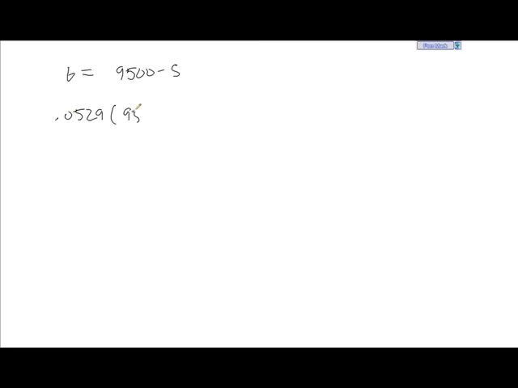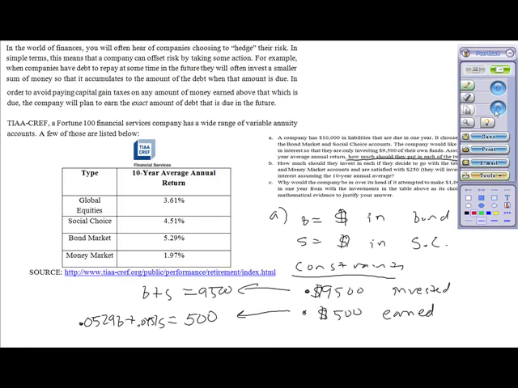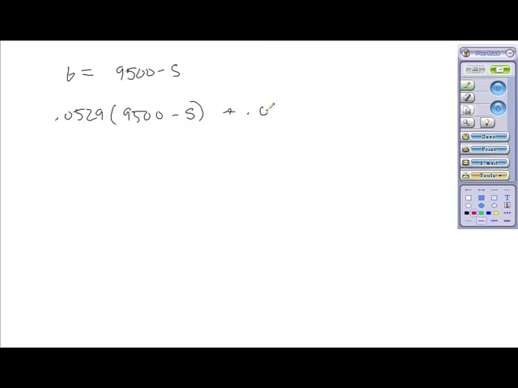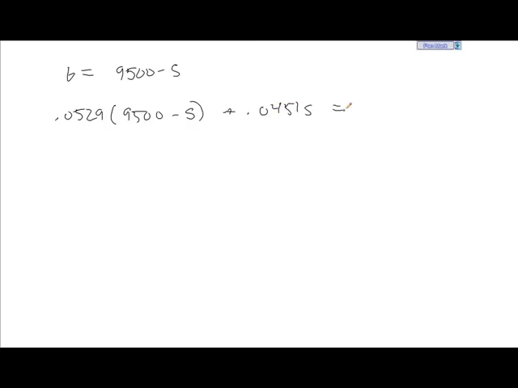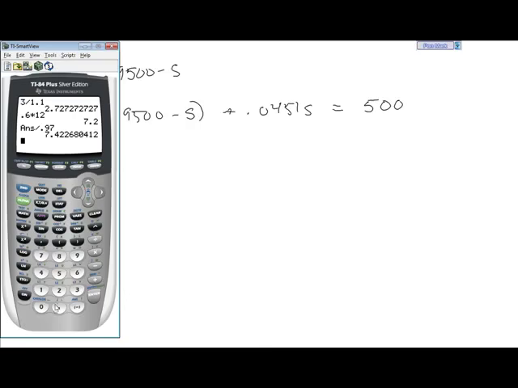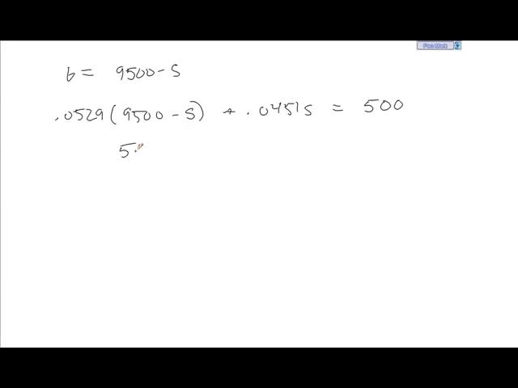Now I'll take that and I'll plug it in for B, so I'll have 0.0529 times B, which is, by substitution, 9,500 minus S. And then I have plus the 0.0451 S, and that needs to equate to $500. Okay, well now I can start to solve this equation, so I need to find out what 0.0529 times 9,500 is. And I get 502.55 minus